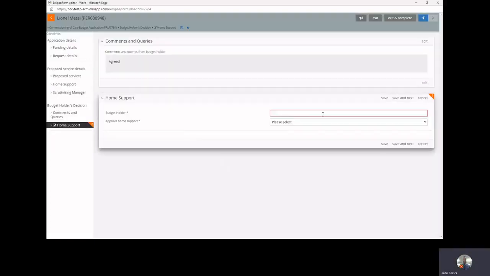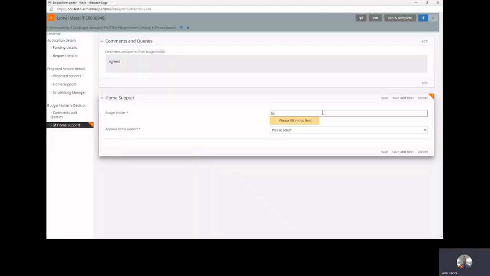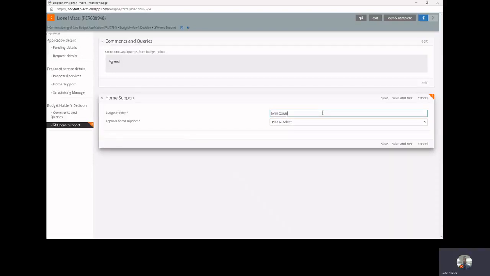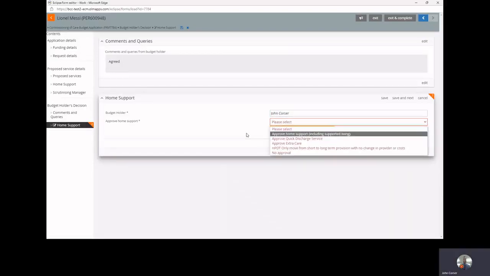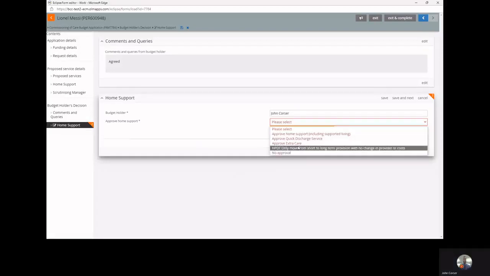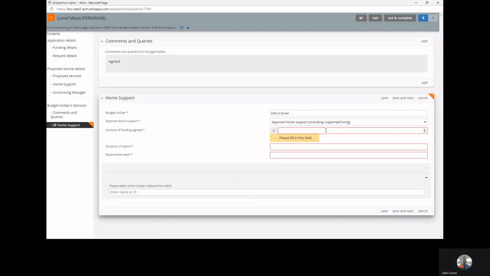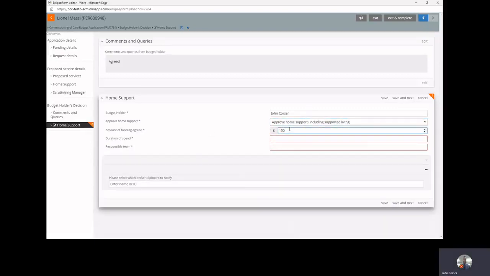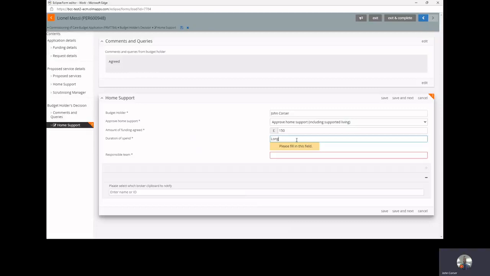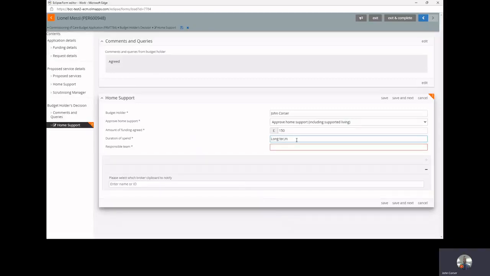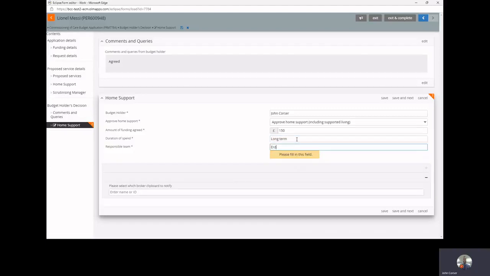Save and next, and budget holder. We're going to pretend I am the budget holder as well. And we're approving. It's got different types of home support, as you can see here. But we're doing quite a basic one, so we're going to go home support. We've agreed £150, long term. Support team was Erdington,